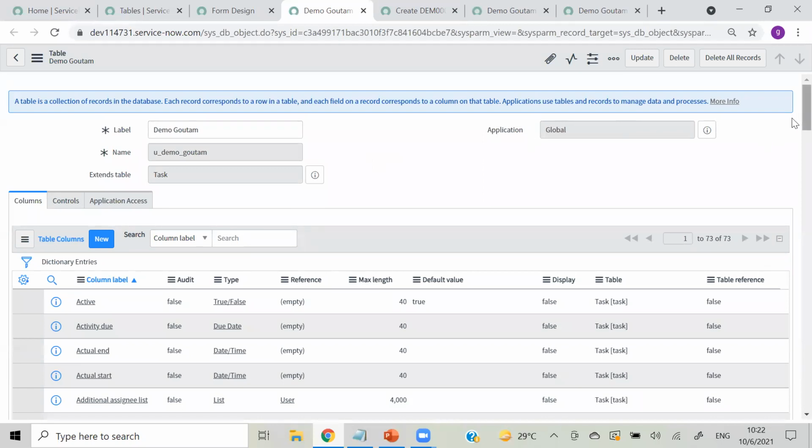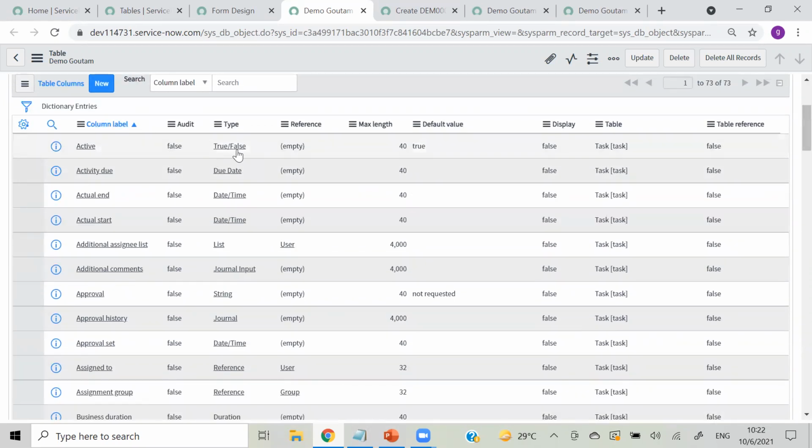So clear, right, how we can create a field on the form? Yes, in the same way you can add different types, like boolean, due date, which will be in date time format, a list, or a journal field, like the big text box we give for description. Then we have reference field, then we have